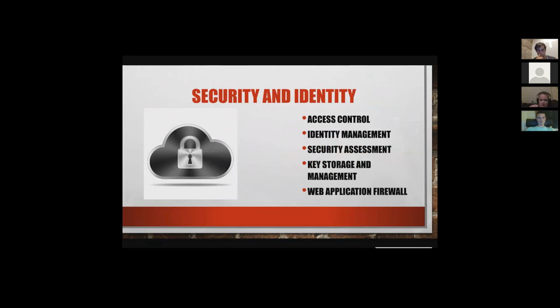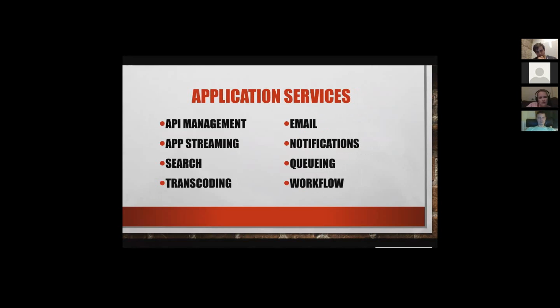Security, they have the firewalls, security assessment. They will come in and use their systems to help you assess if you have any security risks and help plug the holes if you need them. That's actually available even with the free tier that you have. Application services, obviously email, search, app streaming, API management, queuing,